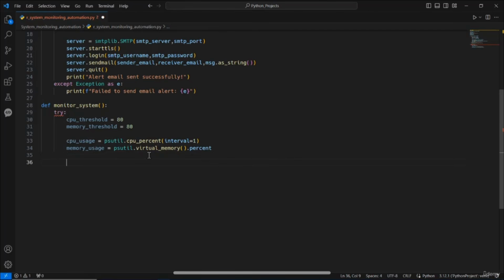Now let's check if CPU usage exceeds the CPU threshold, then we need to send an alert. So I will use an if condition here. It is going to be CPU usage, we have it here. If it is greater than the CPU threshold, then we can send an alert. To send an alert, I will just use the send alert method here, and let's write something like high